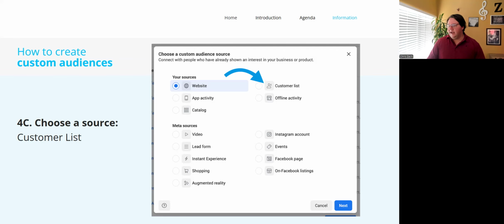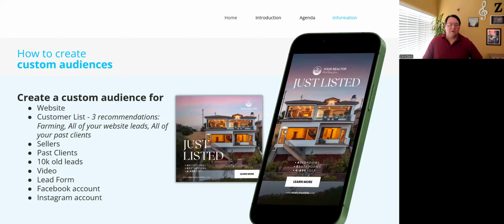All right. And then the next step you're going to do is you will have to submit that CSV file. So that's a Microsoft Excel file. But I'm a big fan of doing that for customer list. Think about it from